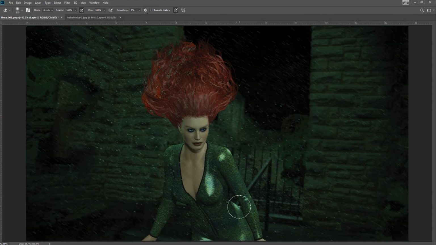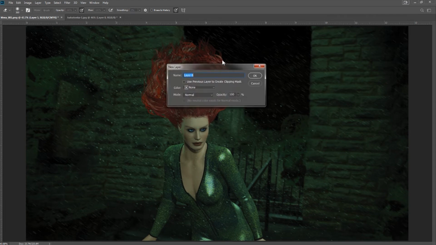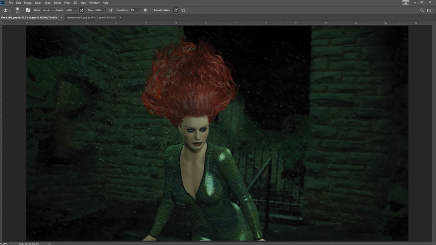Okay, now the fun begins, and I'm going to probably go switch on the other monitor here in just a second. Let's throw in another layer, and I'm going to make that into a, let's try overlay. Now I'm going to switch on the other monitor